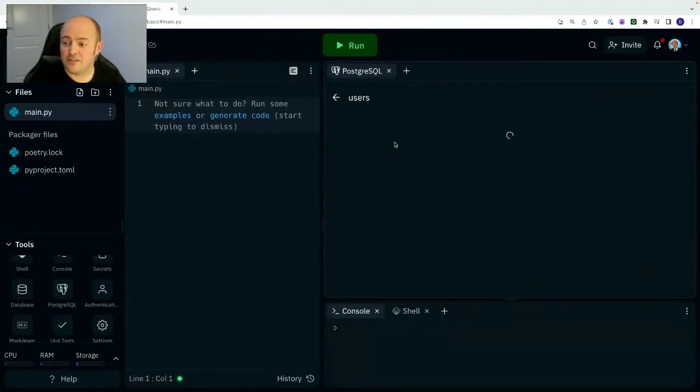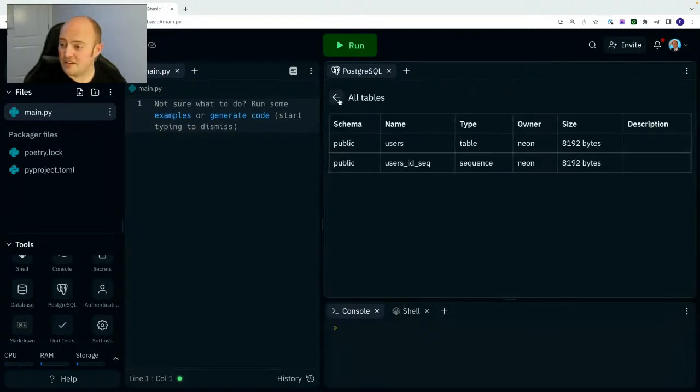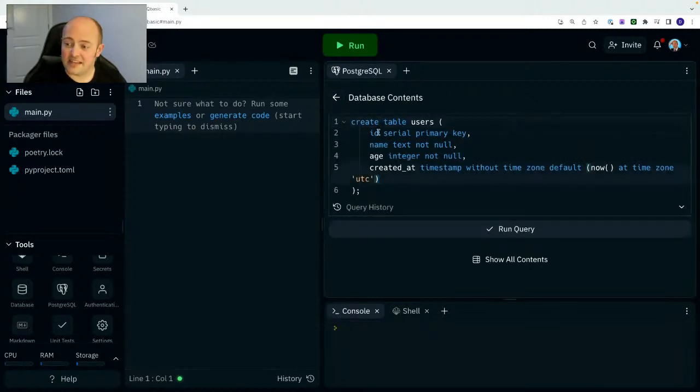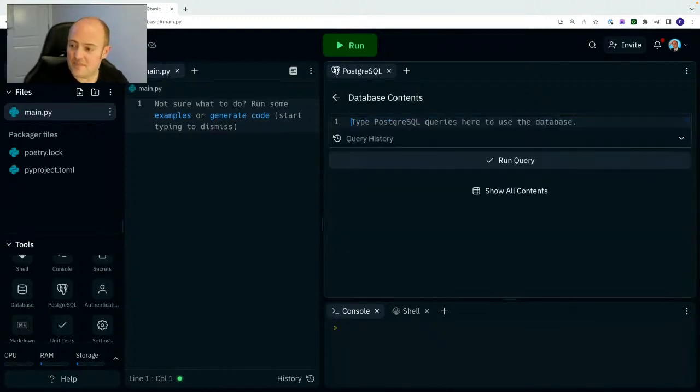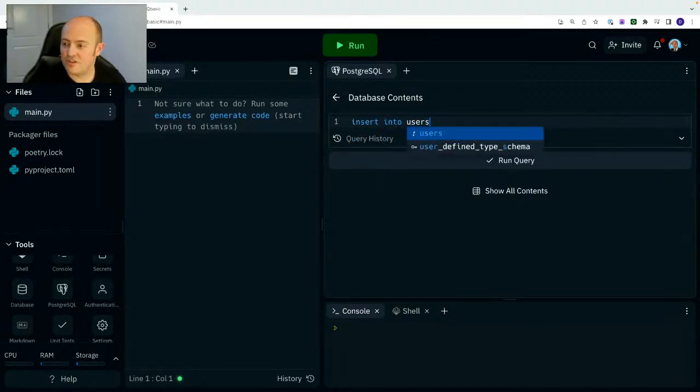And if I go into my users table, I've got my stuff there. Should we add a user? I can't remember what the schema was now. I've got ID, name, and age is what I really need. So I'll get rid of that, and I'll go to insert into users,